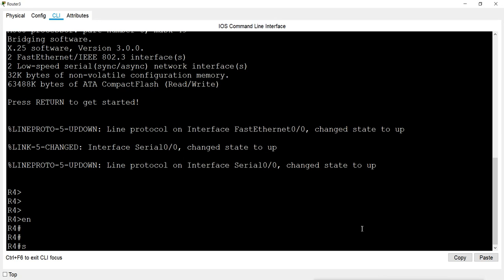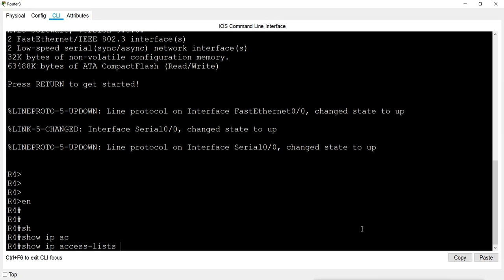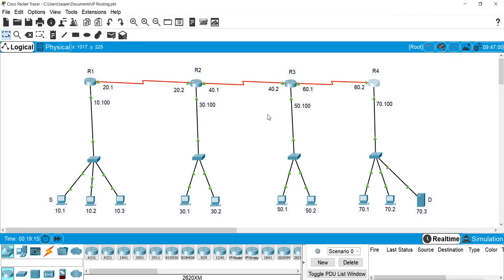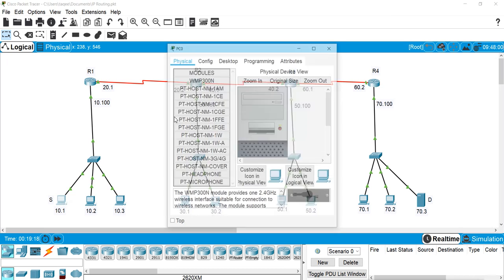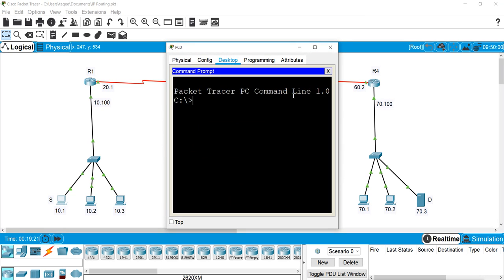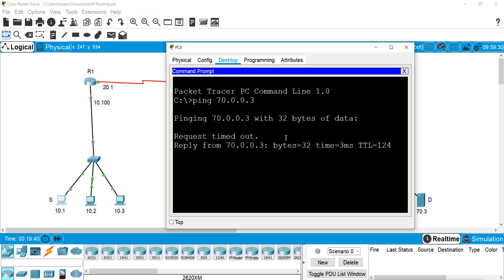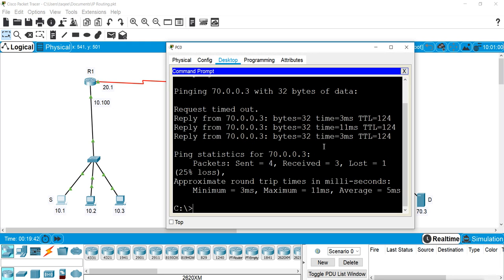First I will check whether I have any list. I don't have any list here, and I'm going to configure it. To check whether they can connect, I will try to ping, and I will not try to access any other service, because when we create the standard list, it is going to block everything. It will block not only this server but all the hosts from this network 70. So all the hosts from this network will not be allowed for this host. So it can access this 70.3.